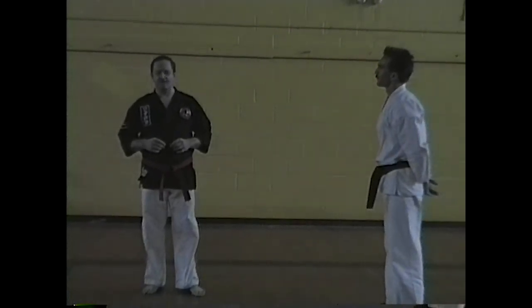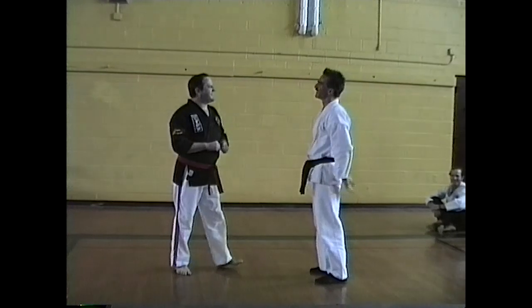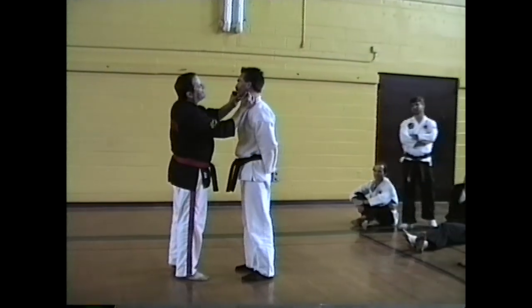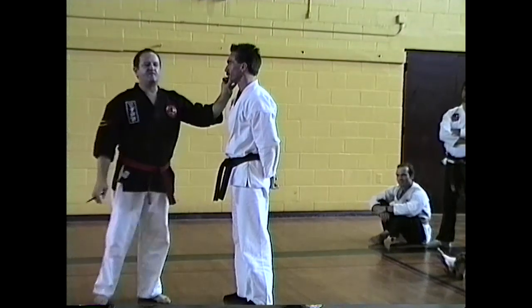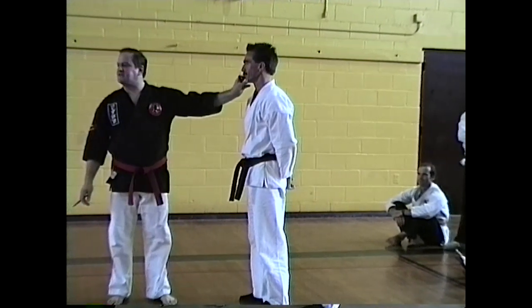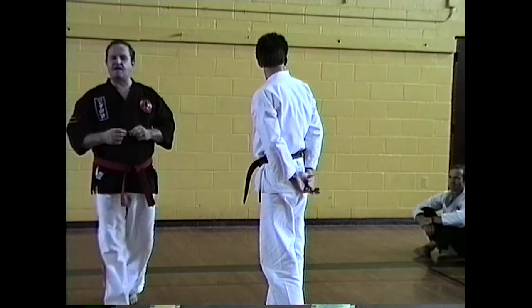Now I'm going to mark your head. Okay. Right in this area. Right in that area, we have not only a pressure point, but we create a weakness. He wanted to break down a move